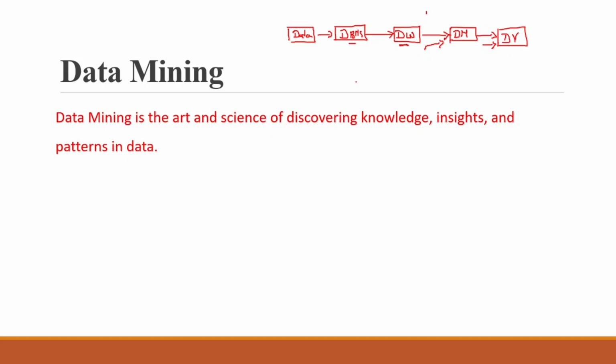Okay, let us come back to the definition. So it's an art and science of discovering knowledge, insights and patterns in the data. The main thing is patterns. So what kind of pattern? For example, a customer who buys cheese and milk also buys bread 90% of the time. So this is a useful pattern in the data, right? In the transactions of a customer in any grocery store, and this would be a useful pattern through which they can stock the